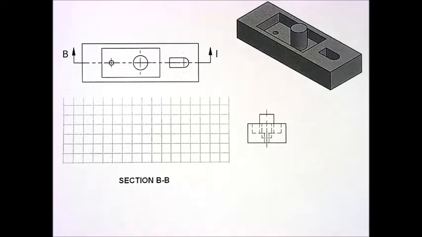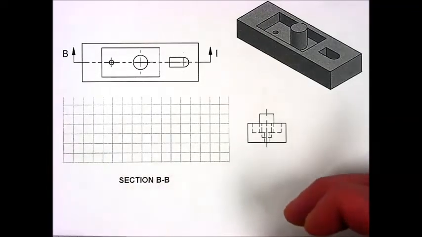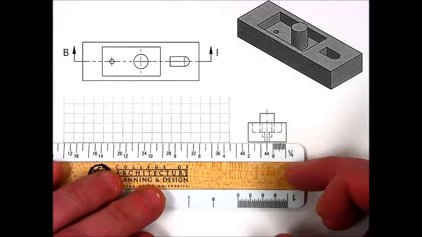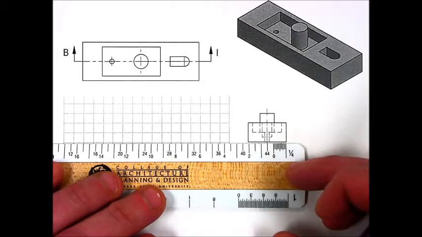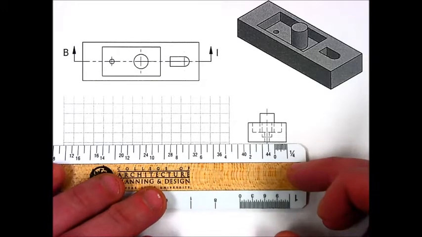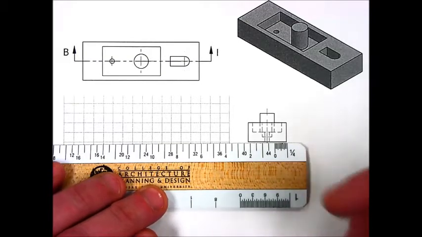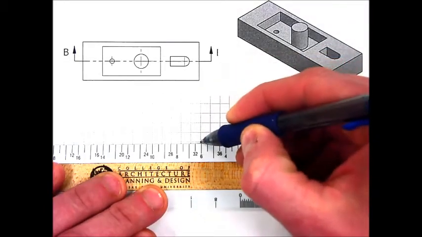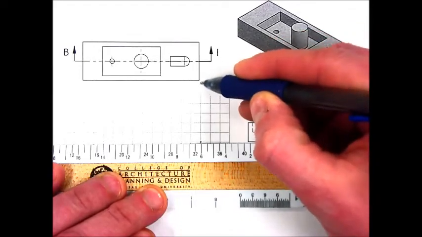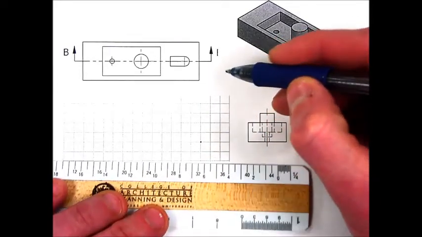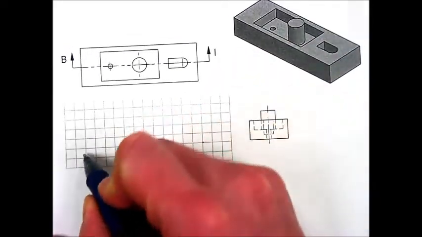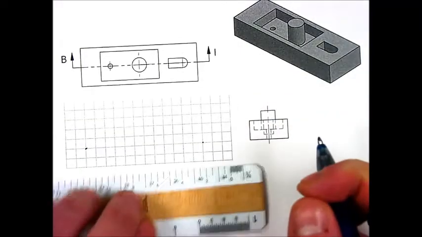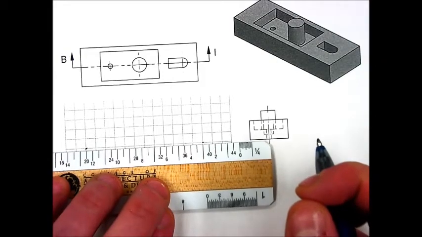I'm going to walk you through the steps on how to create a sectional view, full section for this drawing here. And so the first thing we need to do is line up the outline of our view. And so if I project over from the right side view, the height of the object, there's the baseline, and I can project the width down from the top view, place a dot there, place another dot where the width of the view should go, and I'll go ahead and sketch in